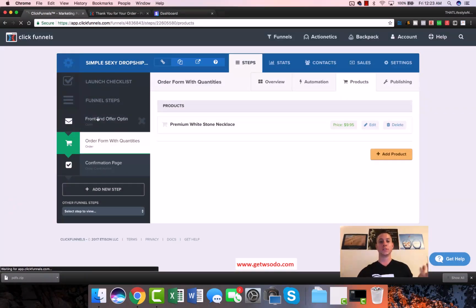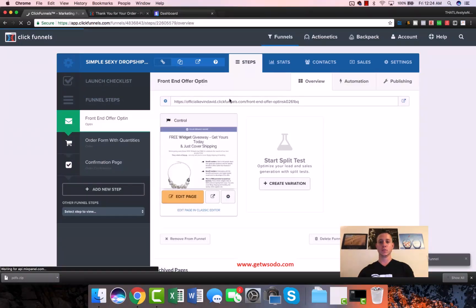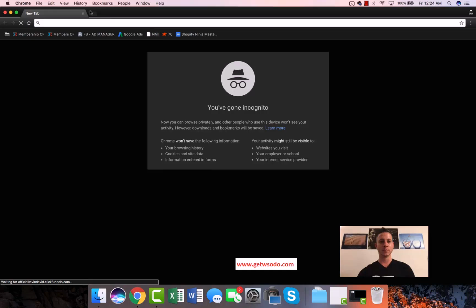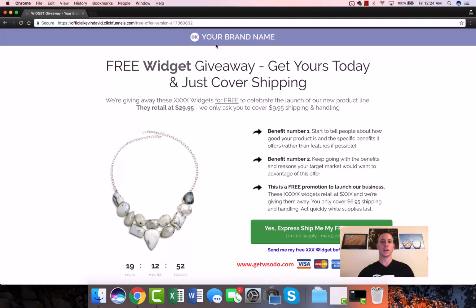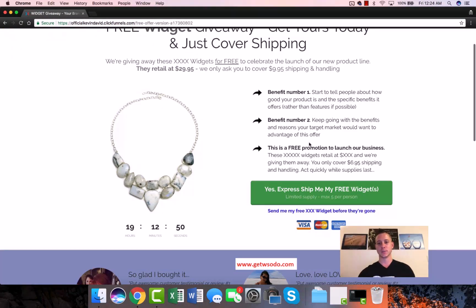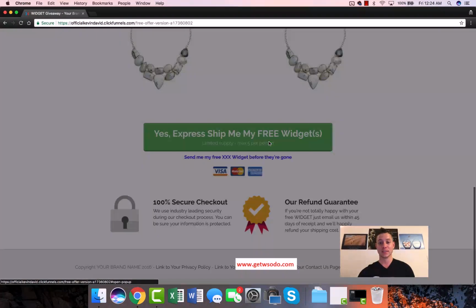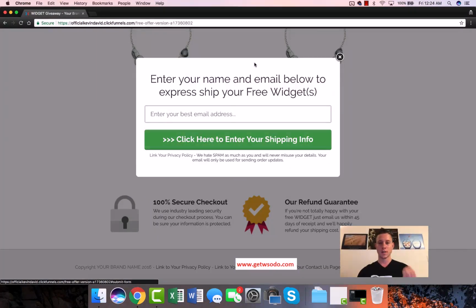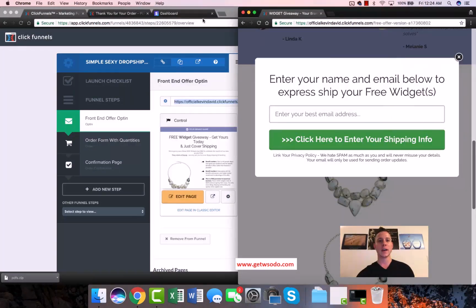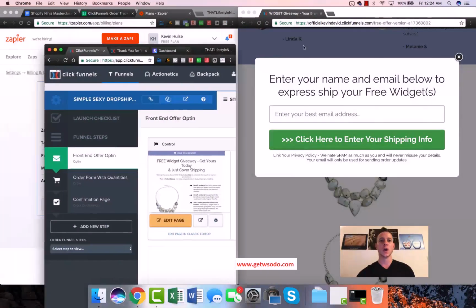And then all you have to do, guys, is literally just use this link that it has right here in the front end offer. And then if we open this up, we'd have to change the brand name and we'd have to change some of this text. But literally, it's that simple, guys. And now we have a fully automated ClickFunnels funnel that is pulling order information using Zapier for free, populating it into our Google Sheets. And then once we have that Google Sheets information, guys, all we really have to do with it is